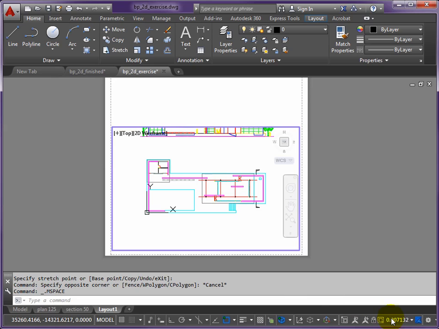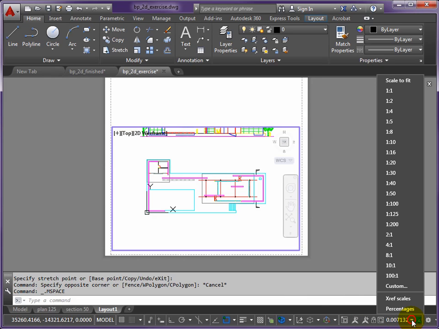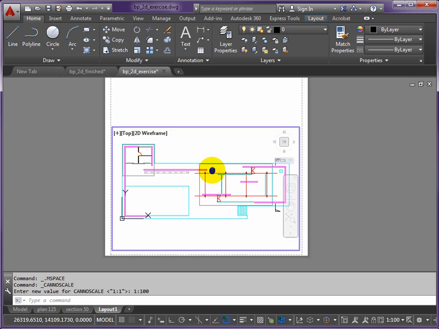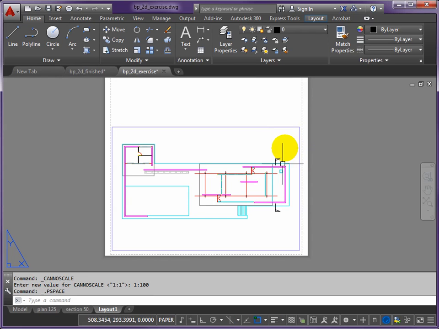Okay, and then we'll try and set this to scale. So we'll use 1:100 here, and this fits nicely on the A1. So what you're looking for is a kind of a balance at the side of the screen. I want the margins to be about the same, so a little bit more to the left should center that object. Okay, double click outside and we'll turn the O-snaps off and ortho's already off,